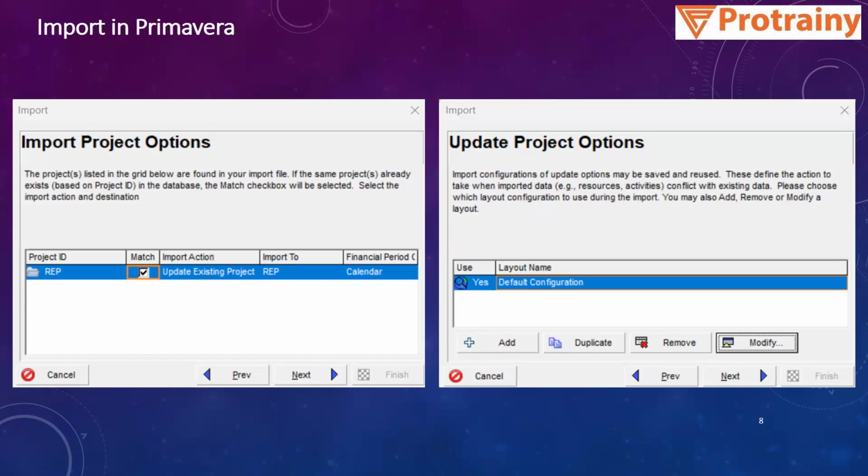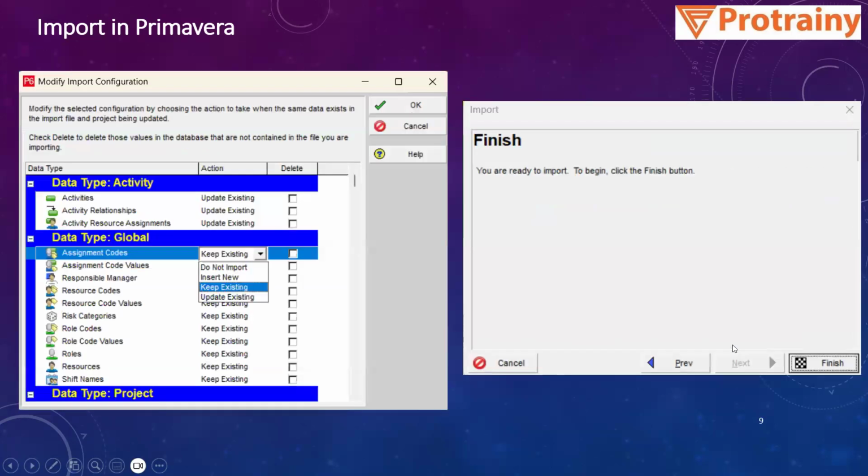In that case, you have to select this update existing project. If you click on update existing project, then you have to select which project you want to import to. If the same project is being handled by two or three people, and you want to create a new project, you can select from import action, create a new project. Then these are the default configurations, you can modify them. If you go to modify, you can change the parameters, like